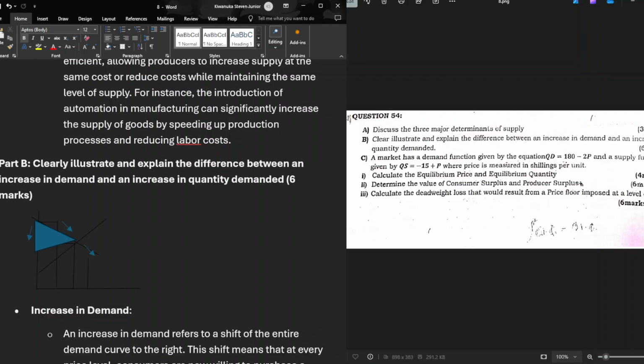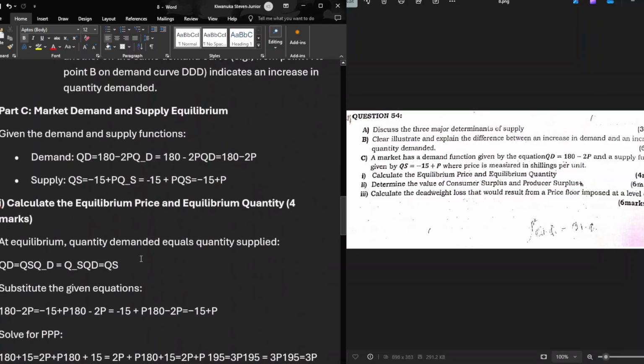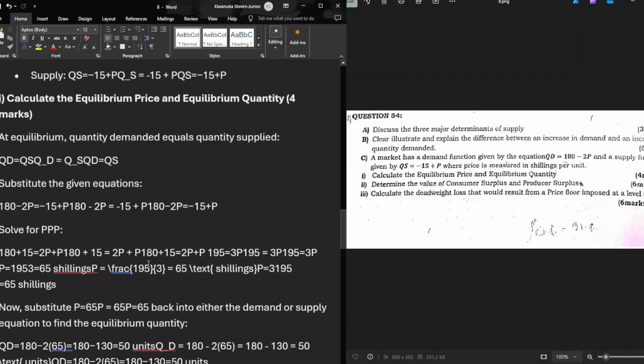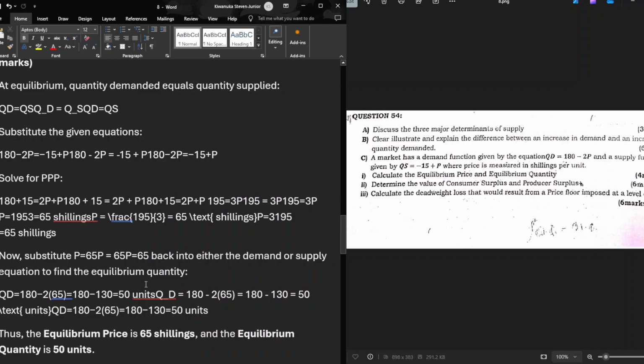So we get 50, which is 65 minus 15, and get 50. So that's why we have a half times 50 times, when we subtract 90 minus 65, 25. So half times 50 times 25, you end up getting